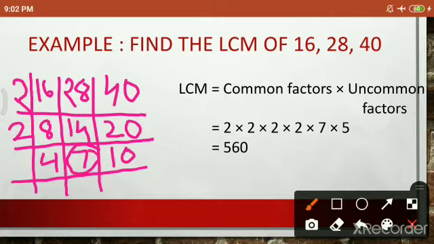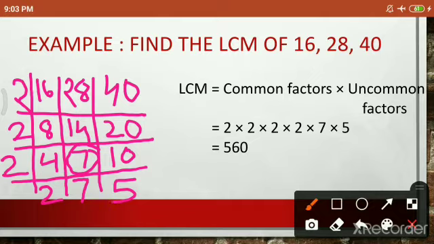So what you will do here is, while finding the LCM, if two numbers are together divisible by any number, you have to divide them. But if the third number is not divisible by that number, you have to write down that number as it is. So here 4 and 10 is divisible by 2, but 7 is not divisible by 2. So I have written 7 as it is. Now I will divide 4 and 10 by 2. So 2 2s is 4, 2 5s is 10. Our remainder is 2, 7 and 5.